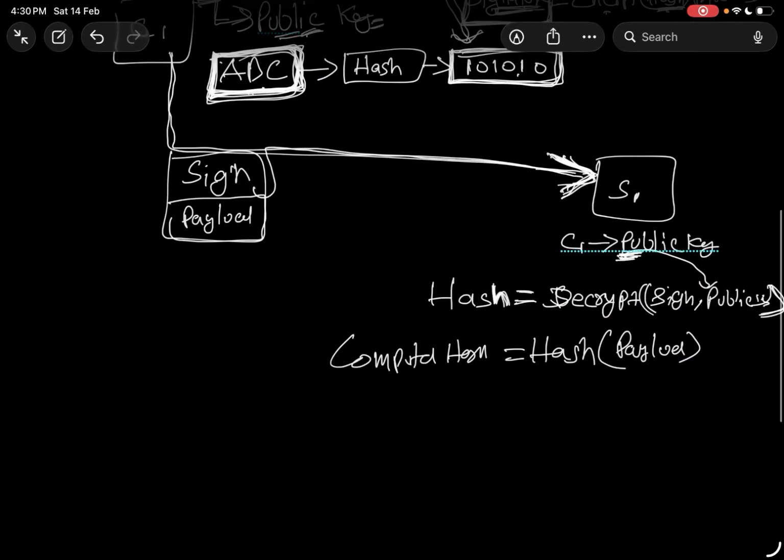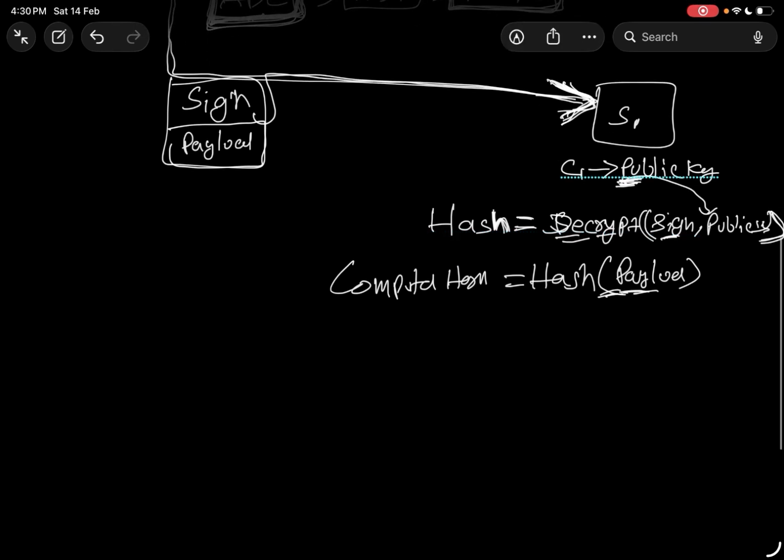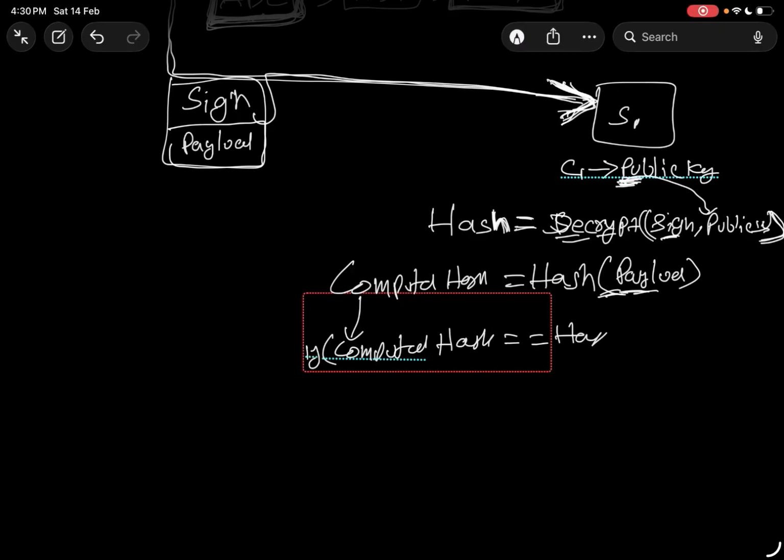The first hash comes from decryption of the signature, and the second hash comes from hashing of the payload. Now we compare these two hashes. If the computed hash is equal to the hash value that we got from the decryption of the signature,